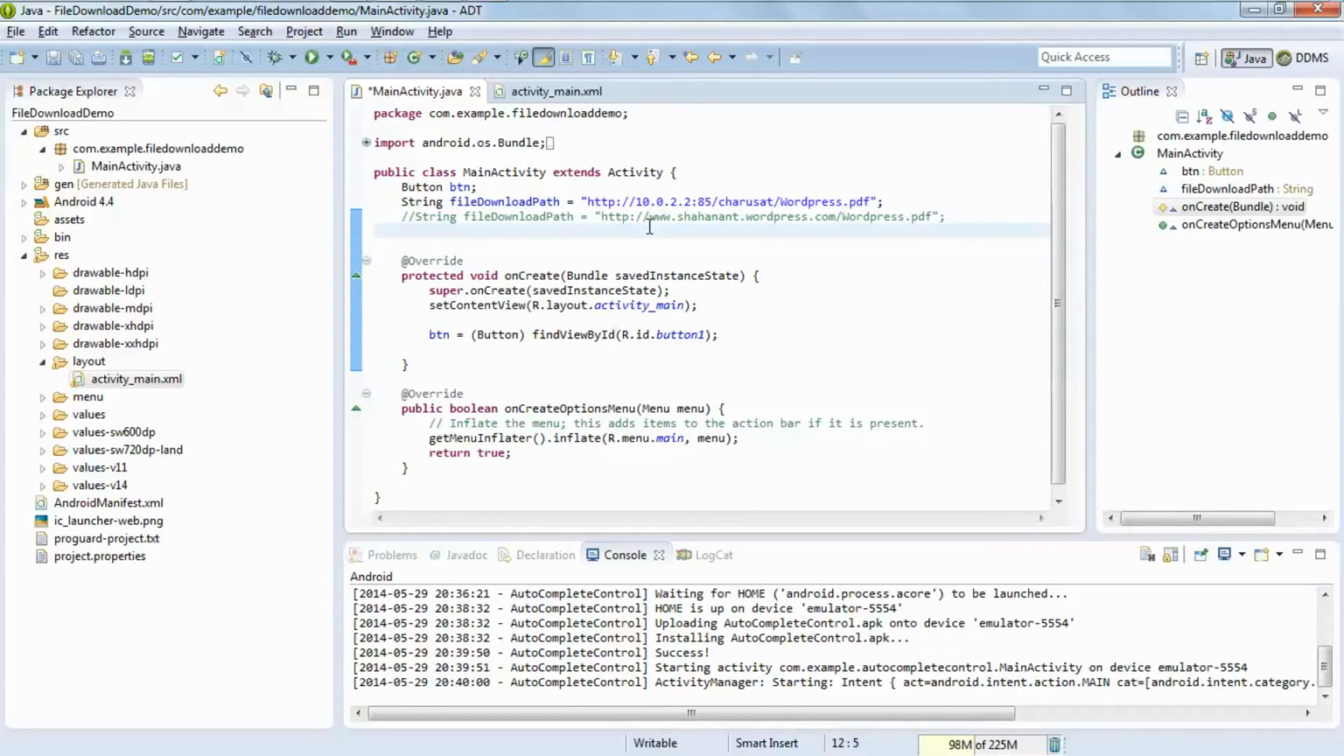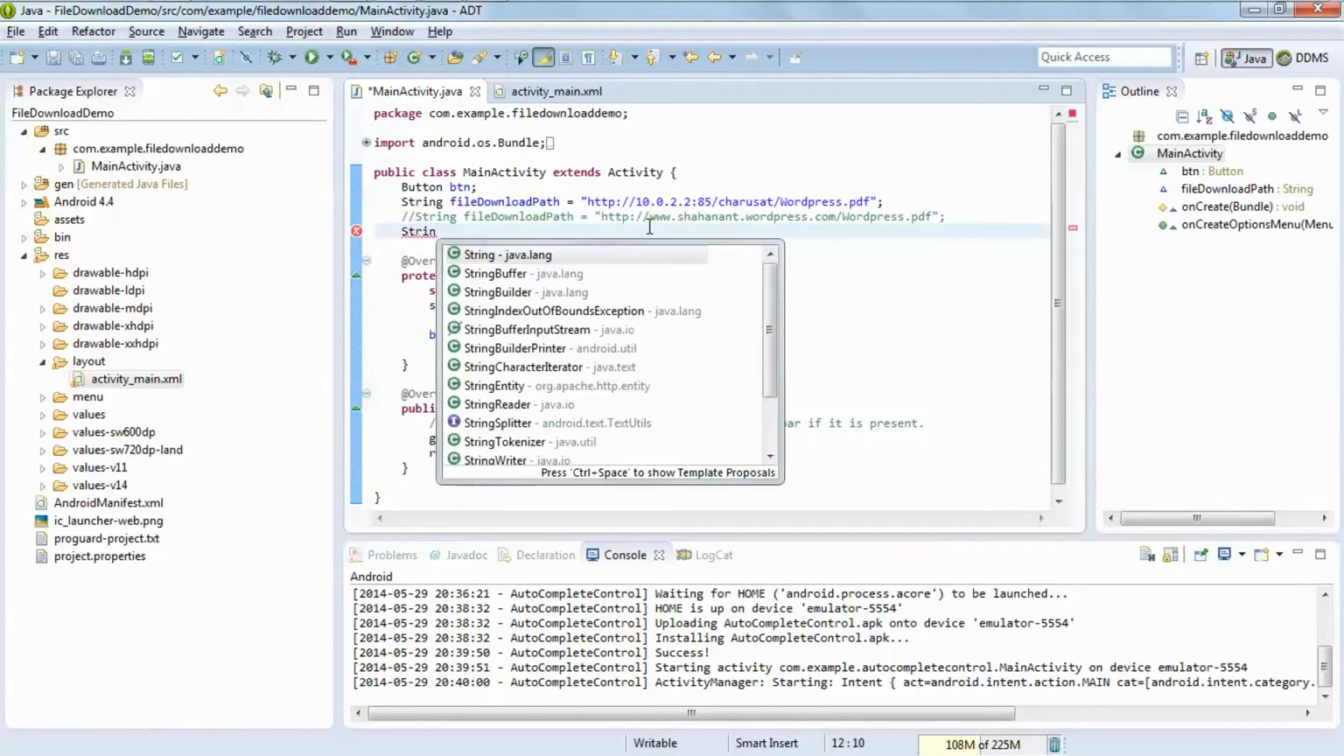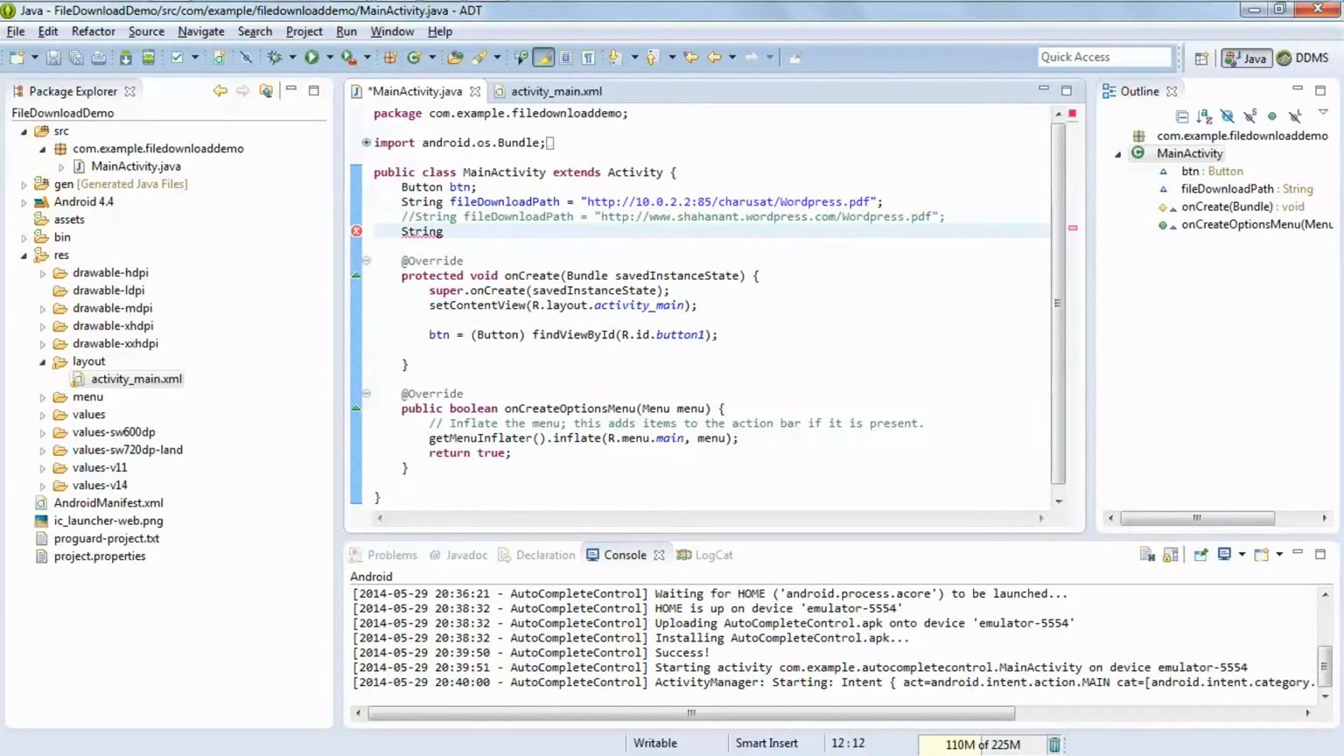The second one is string save file path. I want to save my file in data, locally. So com dot